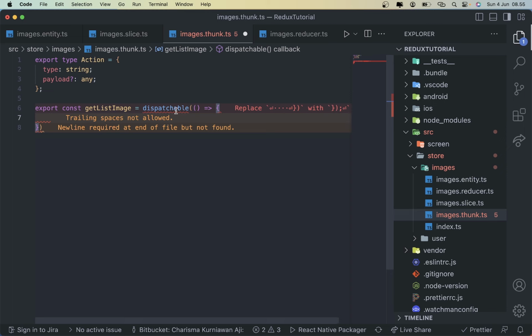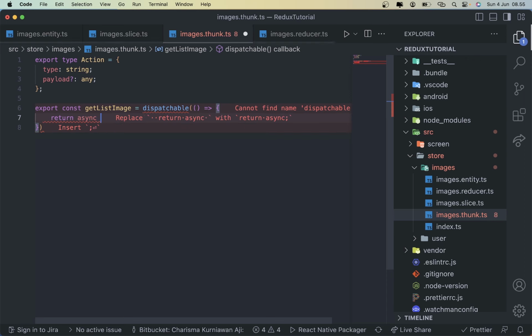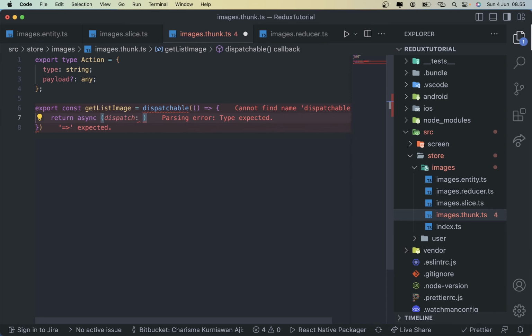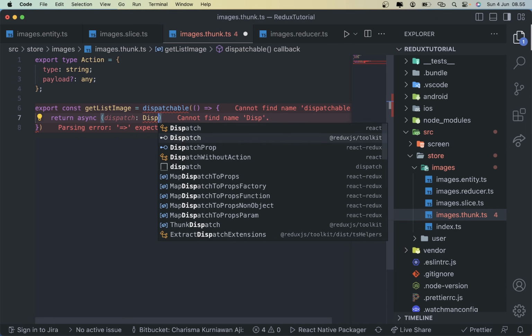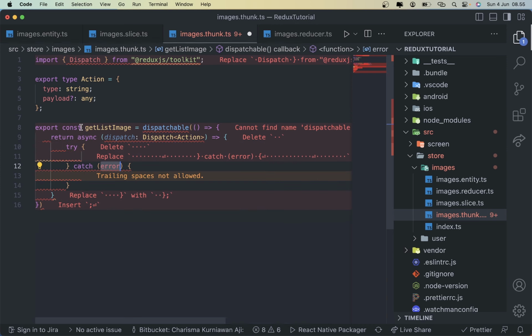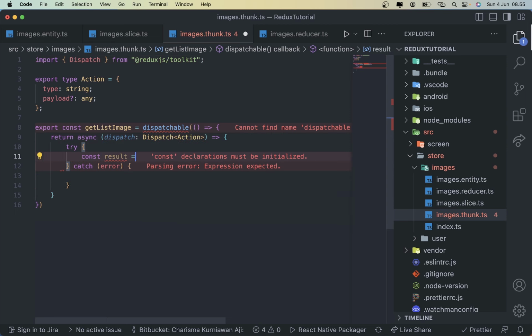Yep. For now we can just continue with this. Don't worry about the error, we can fix this one later. You can just continue. Return async dispatch from Redux toolkit. Yep. Action, try catch, and then const result, await